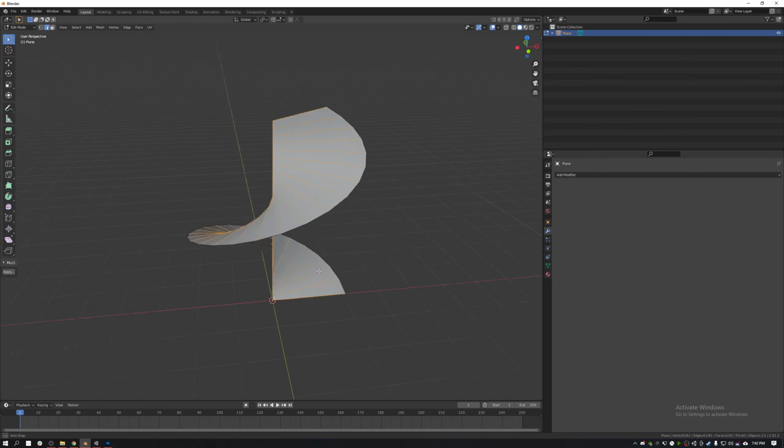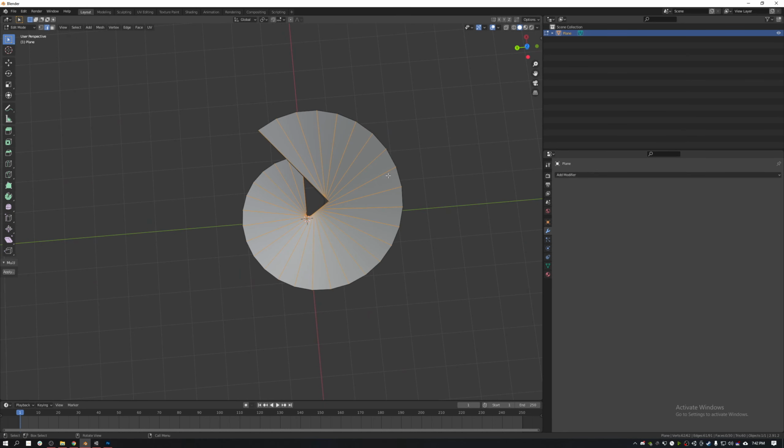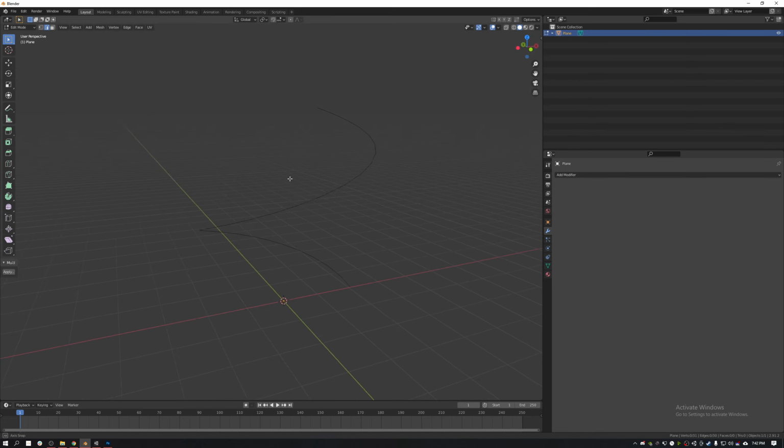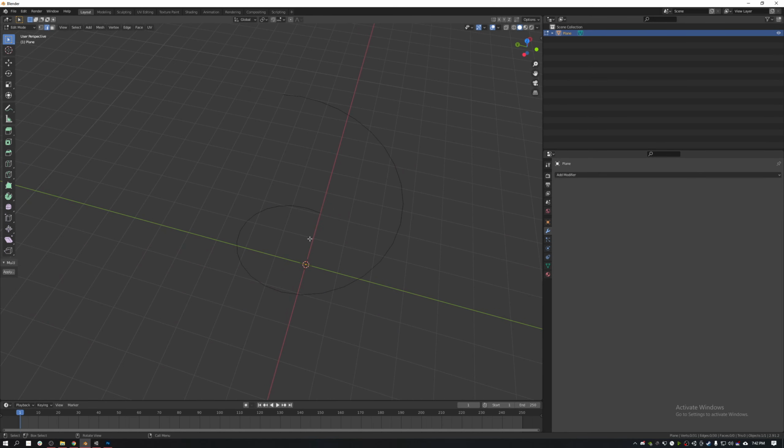So as you guys can see, now we have everything selected except for these. And we're just going to delete those. So we're going to go here and we're going to delete the edges. So now we have a line. Wow, Leo, incredible. So now that we have this line here,